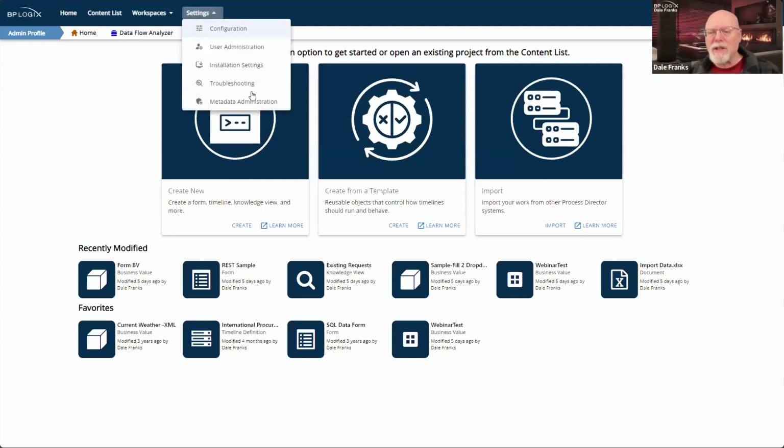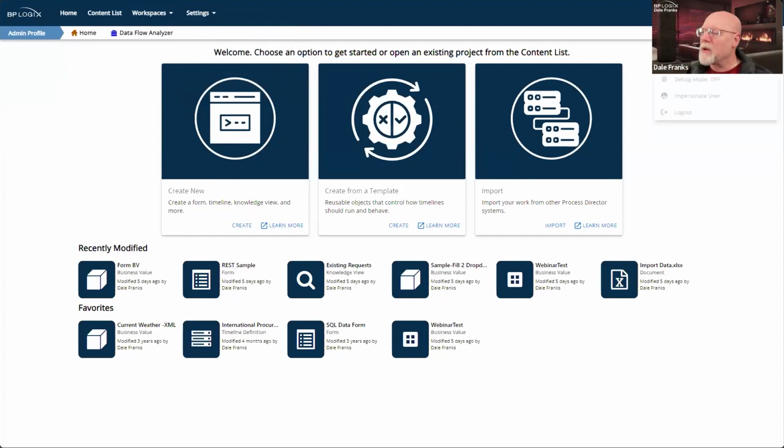And then there are the settings menus, and that will take you to the various administrative settings. And then there's another menu here, which is your user profile menu. It's been moved from that little tiny, almost unnoticeable rectangle that used to be over on the far left-hand side of the screen. It has now been moved over to the far right, and that's all of your user profile items, which we'll discuss in more detail.